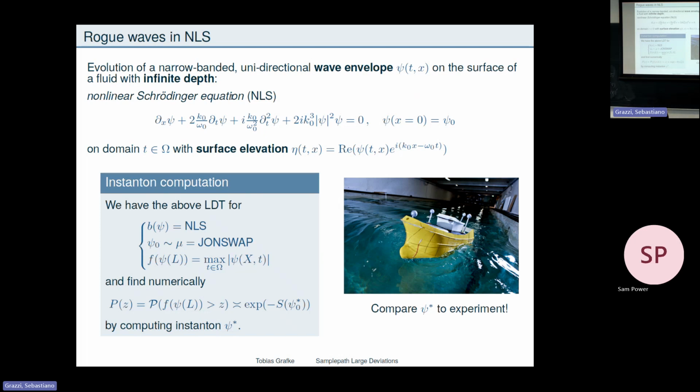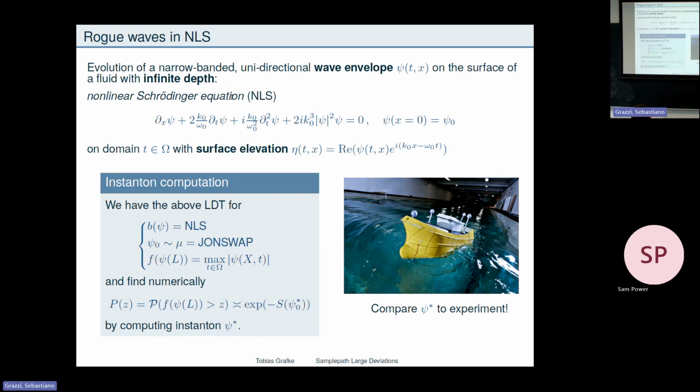So the point here is that wave people always switch time and space, because if everything moves, you can view this as an evolution in time or as an evolution in space. So yeah, I don't have final time, but final length, that's the final probe, but I do the maximum over time. And then this should scale like an exponential, and in the exponent I have this s that I had on the slide earlier at the minimizer.